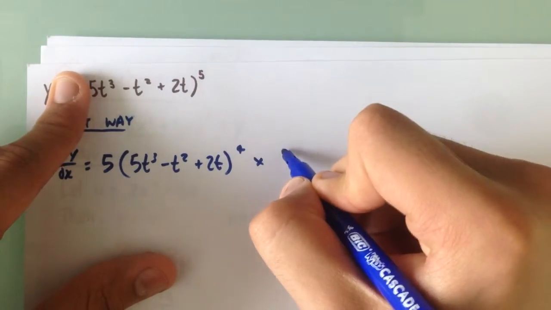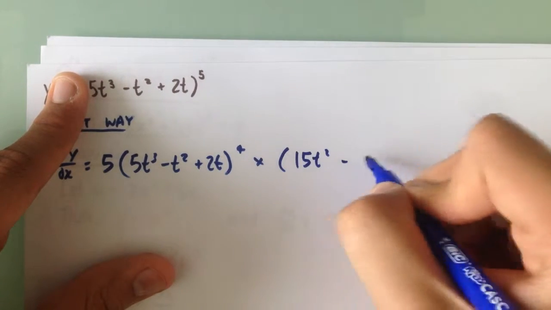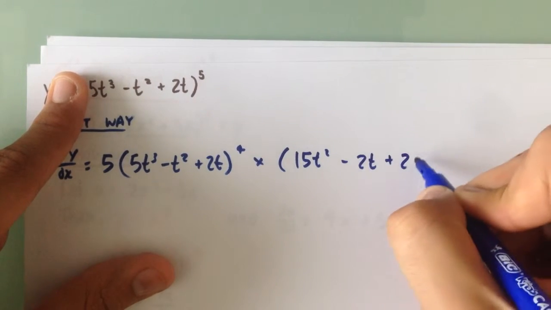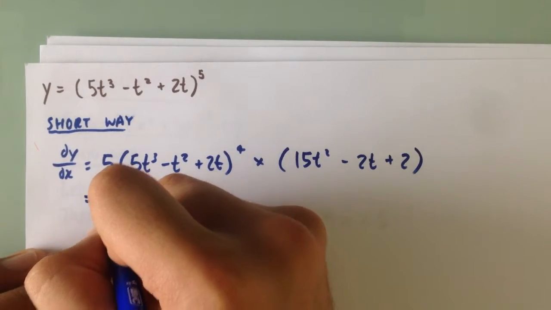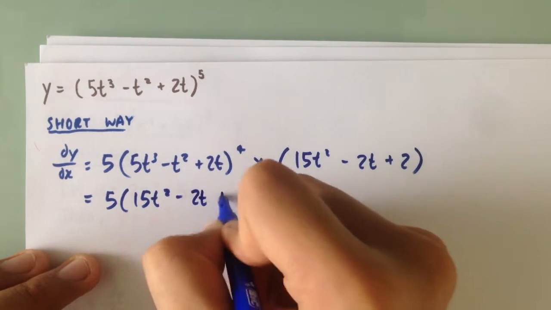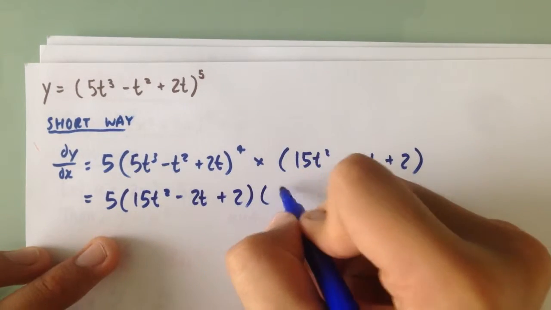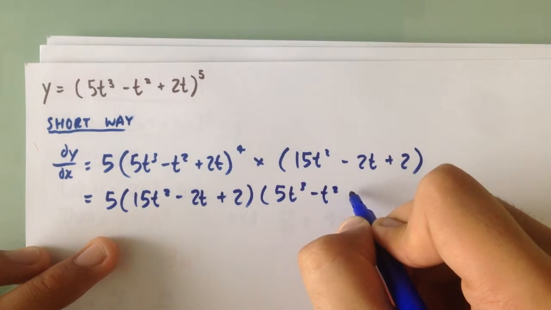So what's the derivative of 5t cubed minus t squared plus 2t? Well, that is just 15t squared minus 2t plus 2. Yep, that's it. So there's our answer. Our answer is 15t squared minus 2t plus 2 times 5t cubed minus t squared plus